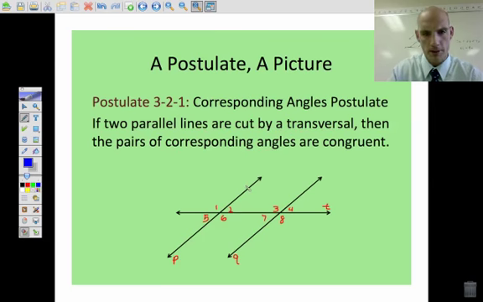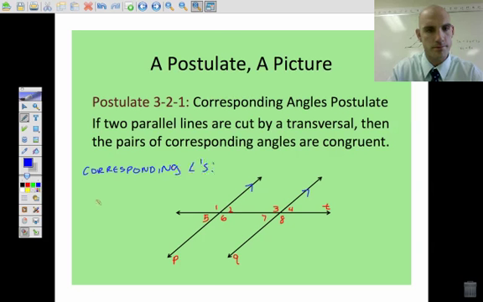I'm going to mark a couple of things here. These are my parallel lines. I notice this is true because I have these markings on them. And T is going to be our transversal. Corresponding angles are congruent. So, we remember that corresponding angles